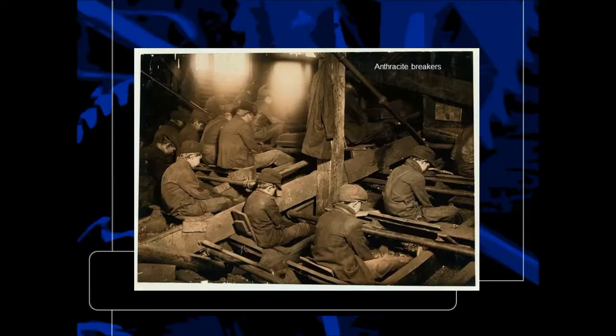There were lots of different jobs for children as well. These little children and women are coal sorters. They're going through the bins, throwing out what's bad and keeping what's good. These little boys are called anthracite breakers. Again, they're breaking the usable coal away from what is not usable. And anthracite, if you don't know this, actually causes cancer. The little particles that are emitted when you break it cause cancer. So most of these kids got some form of cancer later in their life and died because of it.